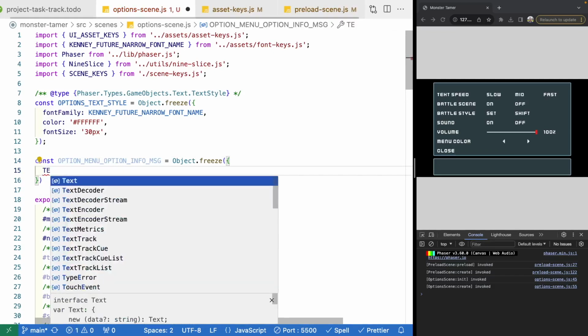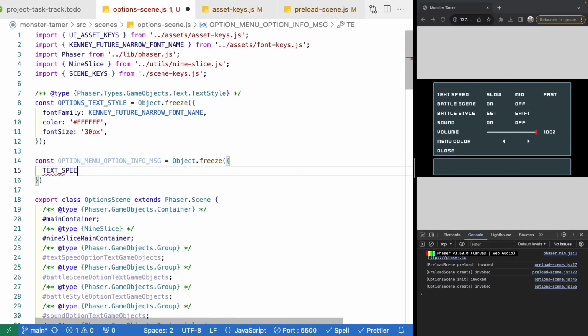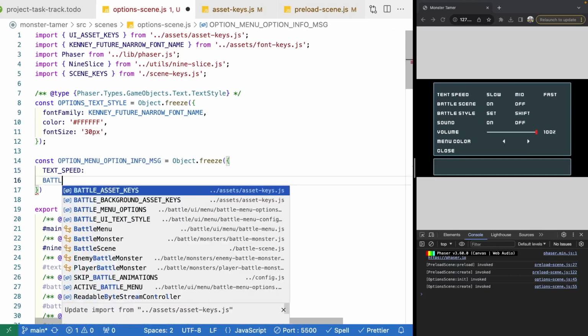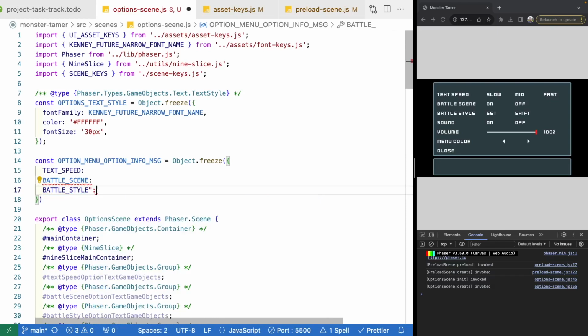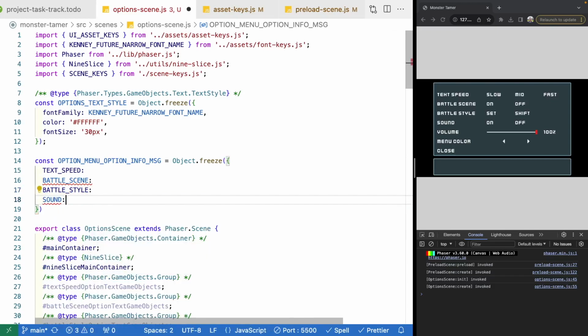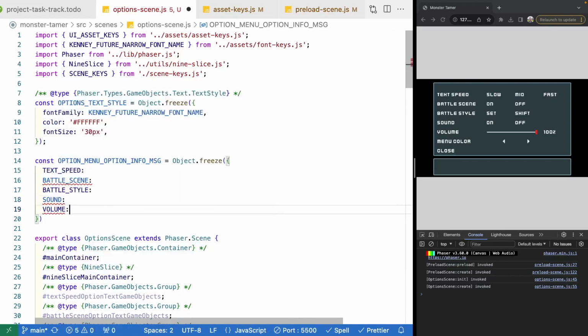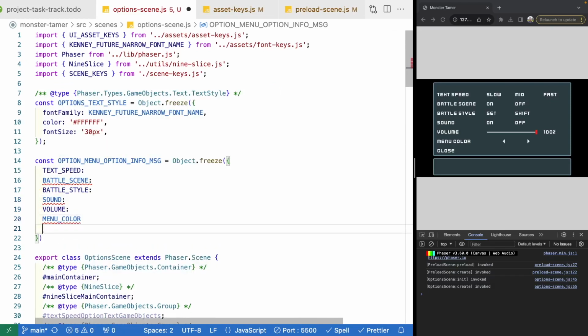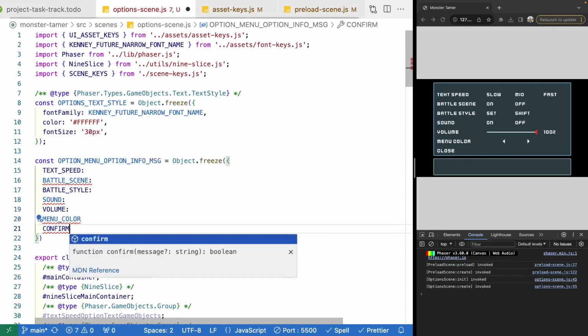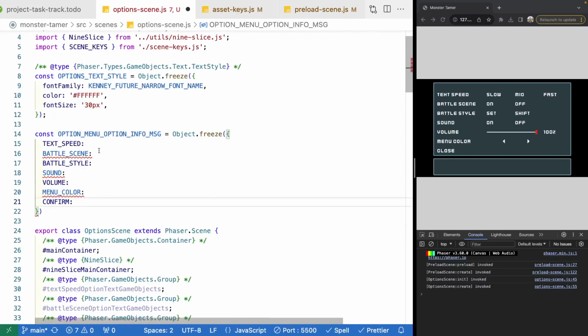And so we'll have our text speed. We'll have our battle scene, our battle style. We'll have sound, volume. We'll have our menu color. And then we'll have confirm if we go to our close button. And then what we'll want to do for our objects, we'll just add in our text string that we want